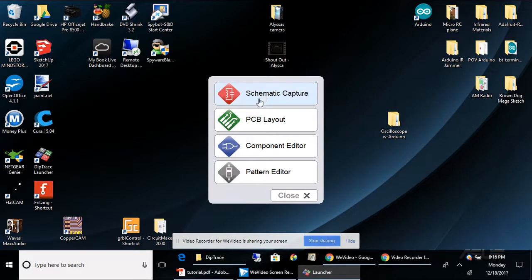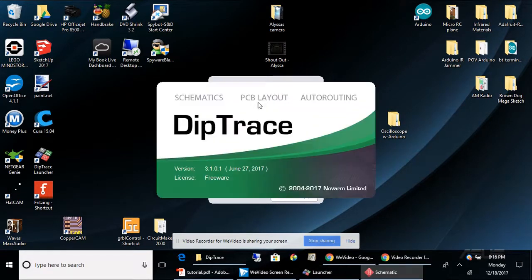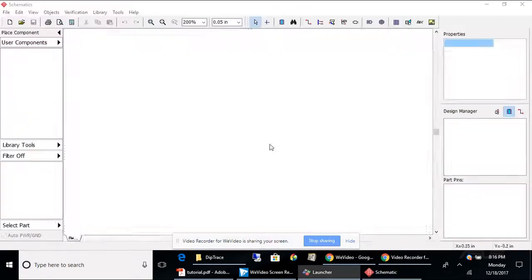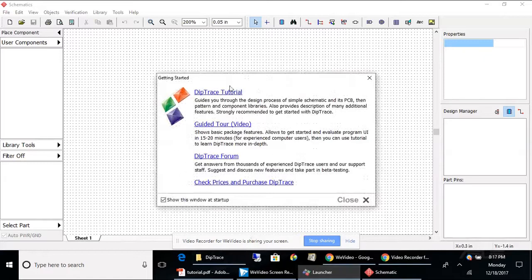We're going to first do the schematic capture. We'll be working with the PCB layout later. When this opens up, you'll have the option of looking at the DipTrace tutorial, which has all sorts of information that you'll ever want to know. We're not going to even be using all of it, but if you'd like to look at that on your